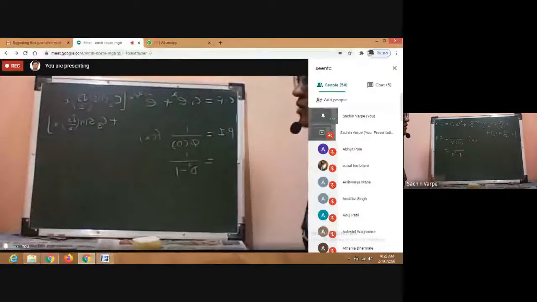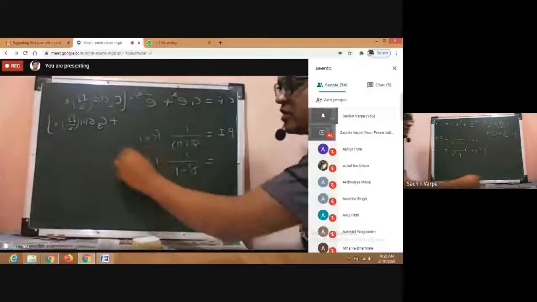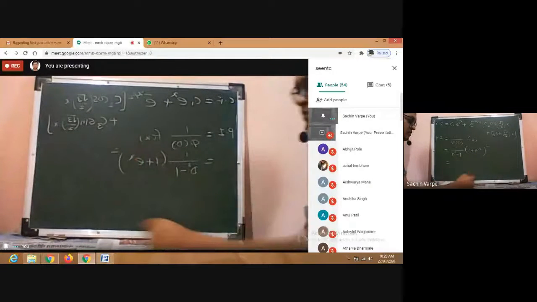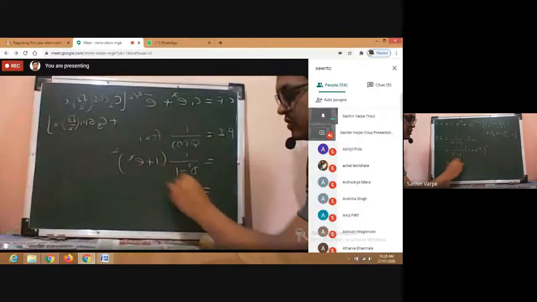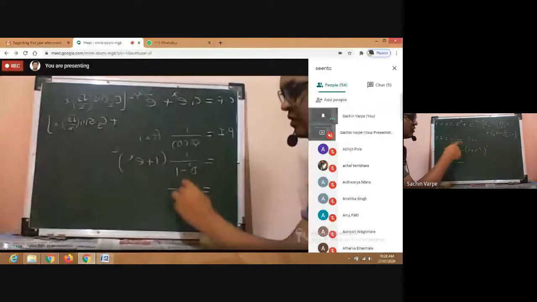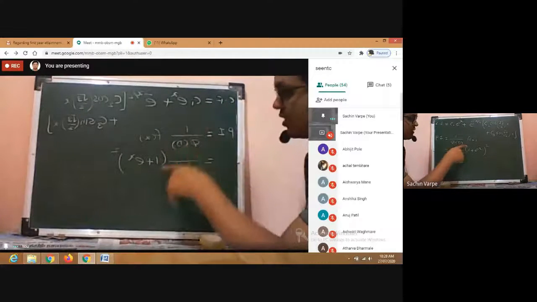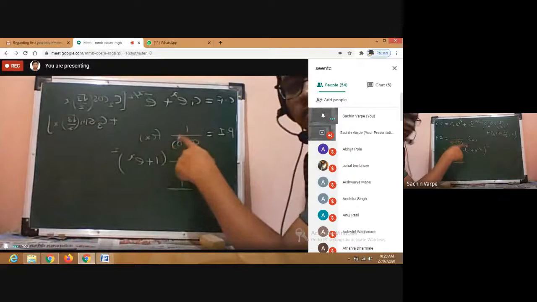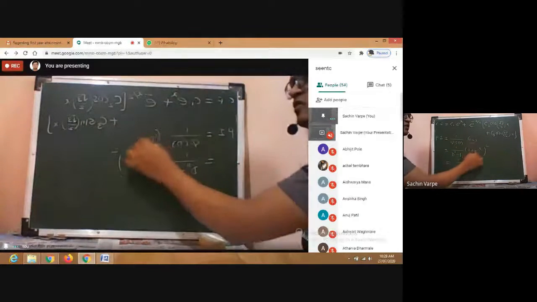And what is f of x? It is (1 + e^x)^2. So let us expand this first: 1 upon φ(D). With this f of x, first of all, my job is to investigate whether I can apply the shortcut or I have to apply the general method. That depends on the function f(x).